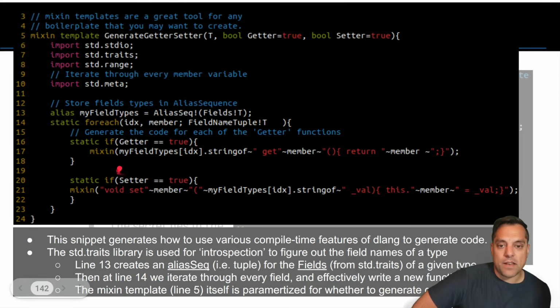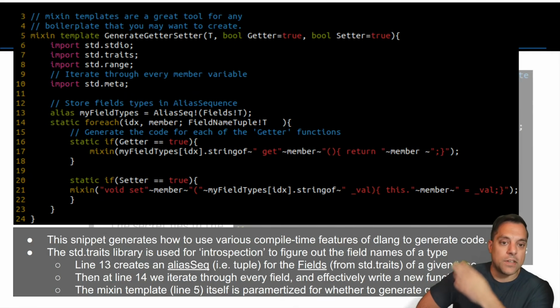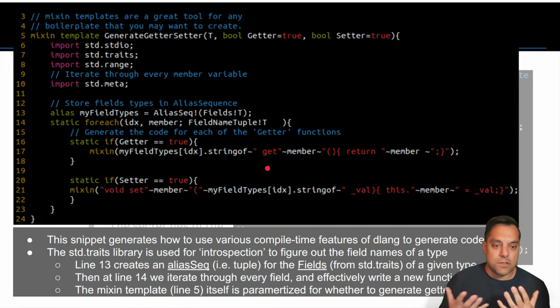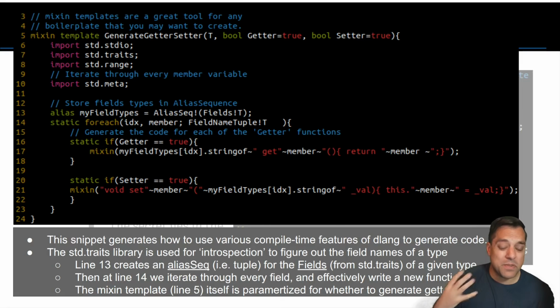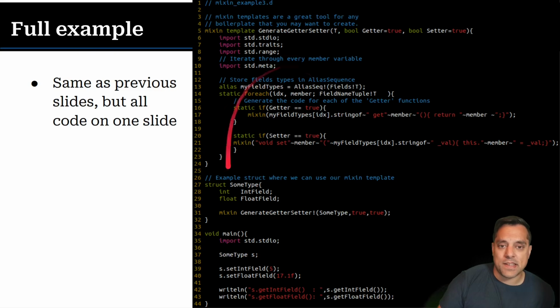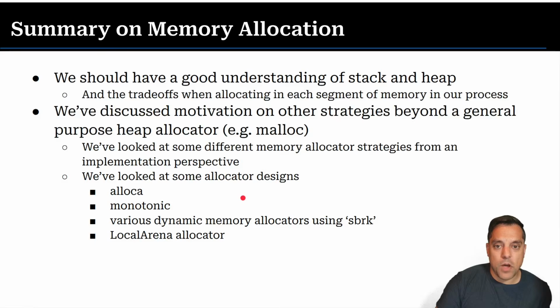But you can see how I'm building up these strings here by using a feature called compile time reflection to basically look at a type and then gather all of its fields and then generate a get and set member function automatically. So you don't have to write that code, right? These are things you could do potentially with a lot of work with the C preprocessor, but they're just built into the D language, so it's really, really nice. Like, that's all the code here. So okay, we basically got through it. I'm going like 40 seconds over, but hopefully you enjoyed this.